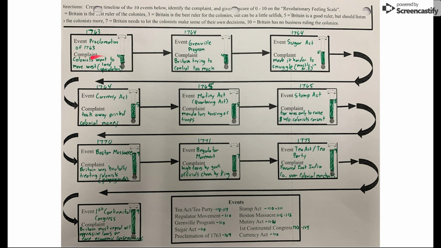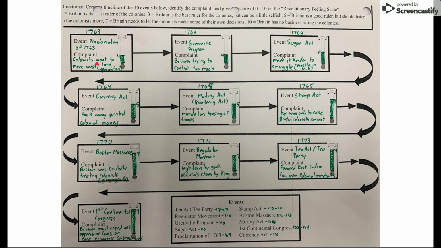complaint here is that they want to move west. They want to move to land that's west of the Appalachian Mountains, and the land speculators. These are people that are wanting to buy vacant land that nobody's settled yet, so that way they can sell it to people who are settling later on and make some money. So a lot of these wealthy land speculators, including people like John and Abigail Adams, George Washington, others, they saw this as a good investment opportunity. So they were upset about the Proclamation of 1763 because they weren't able to access that land that they could